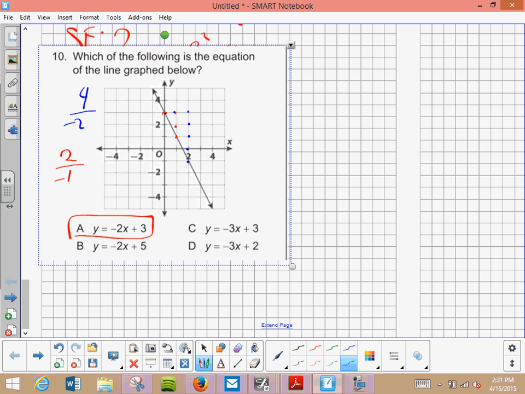I don't care which 2 points you use, as long as they are crossing the x and y axis like these right here. This one doesn't cross anything. You see that? I shouldn't have to go over this. You should know this by now, right?